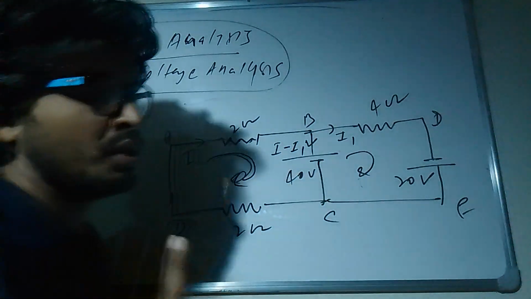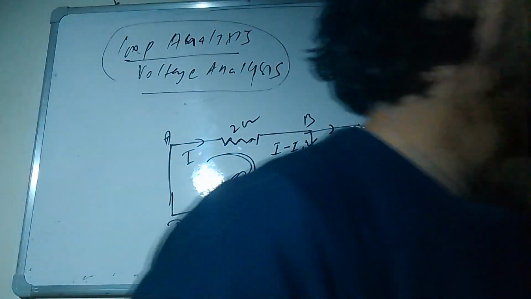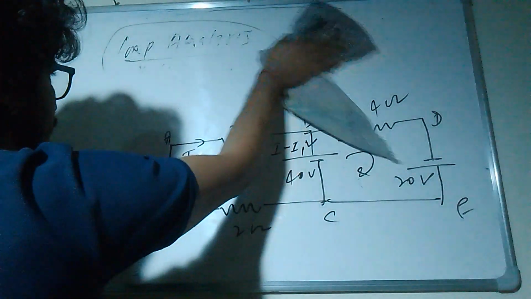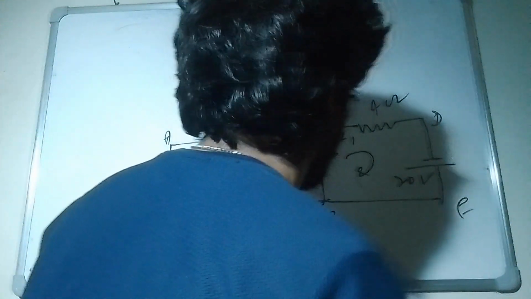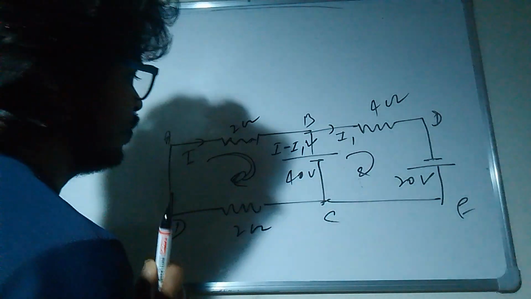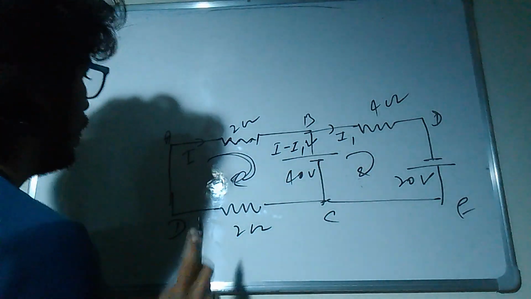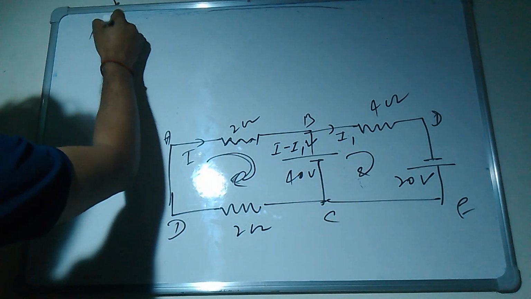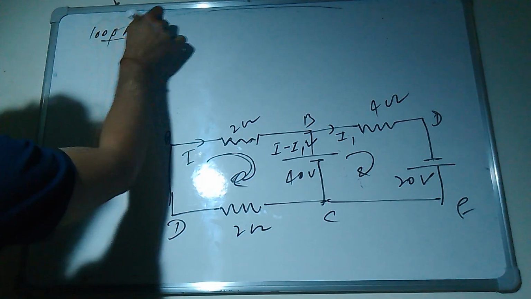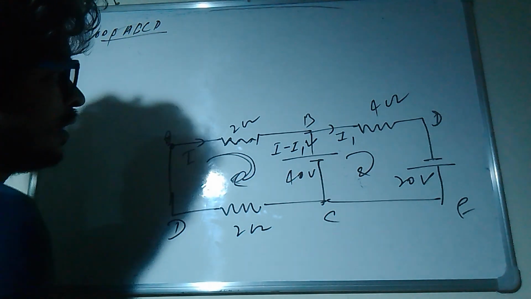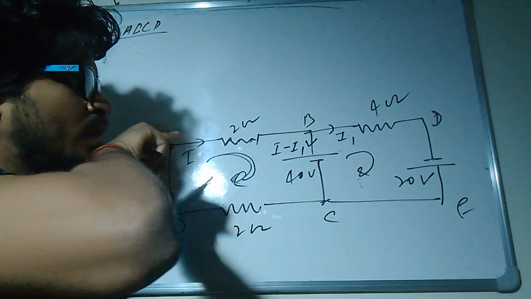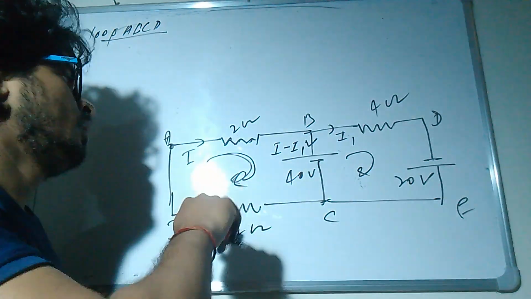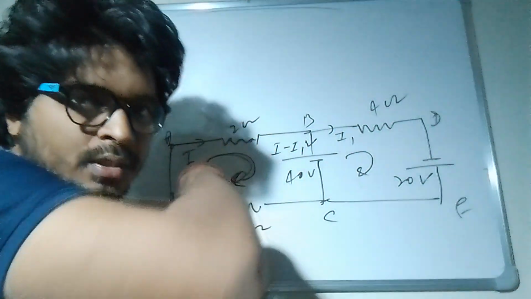Now you have to keep patience, then only you can solve this, because there are a lot of chances to make errors. There are so many possibilities, so there will be so many errors over here. So you have to focus on the mathematical point of view as well as the conceptual point of view. Right now I am considering loop ABCD, and I am starting from point A. In the direction of current, potential will decrease. Always keep this in your brain. If you come in the opposite direction, the potential will increase.